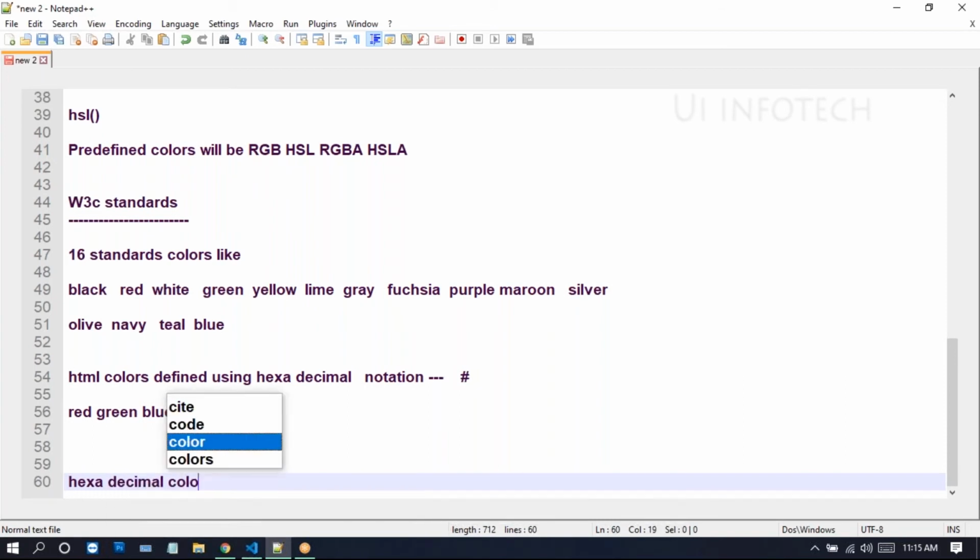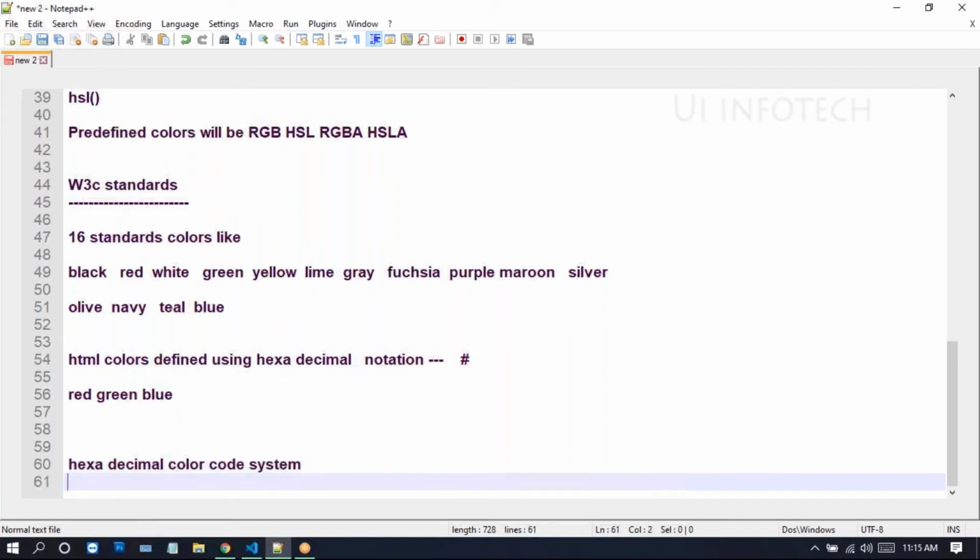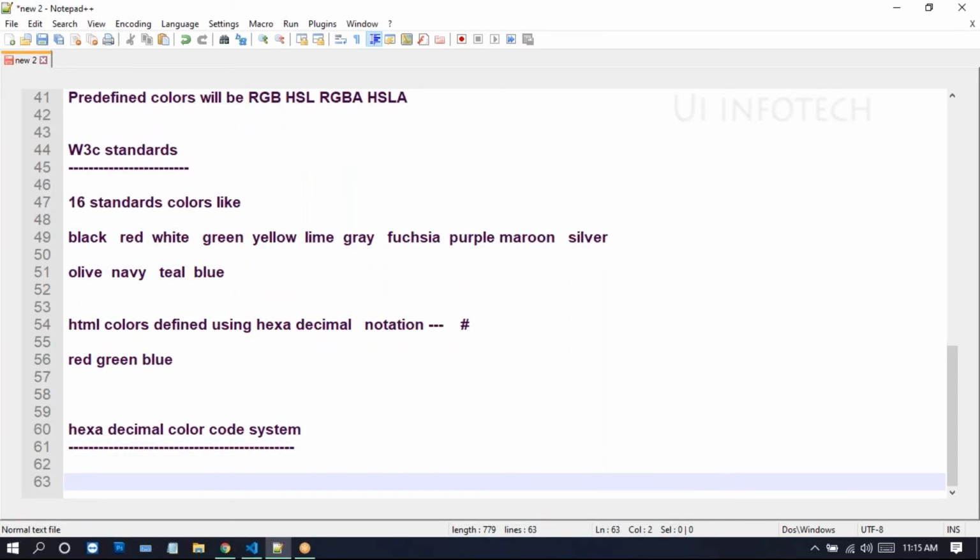We can call it the hexadecimal color code system.